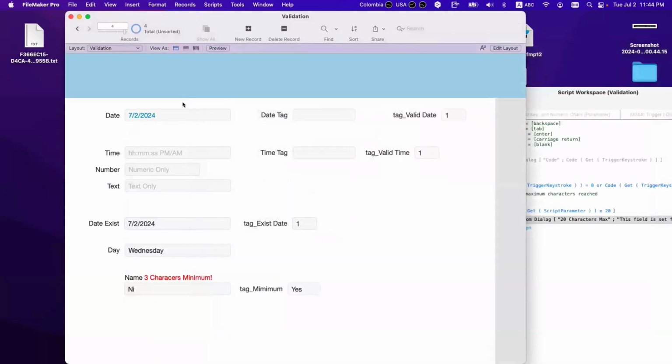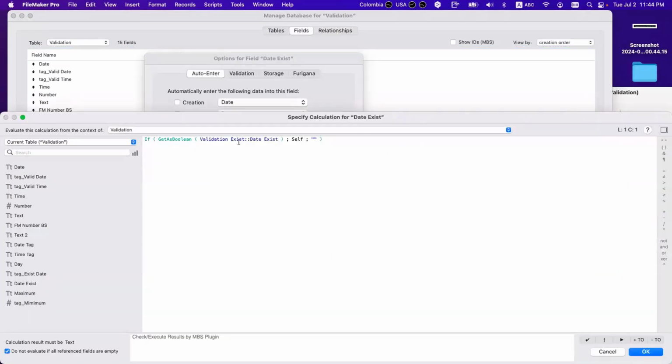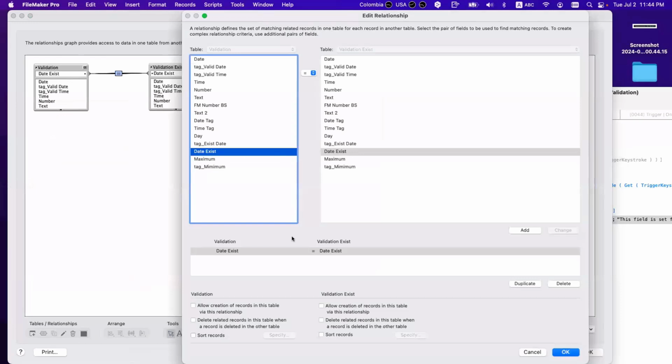So here I'm saying, if throughout the relationship, the date exists, there's something in that field that matches the dates, because it's a relationship between this and this, the two dates.